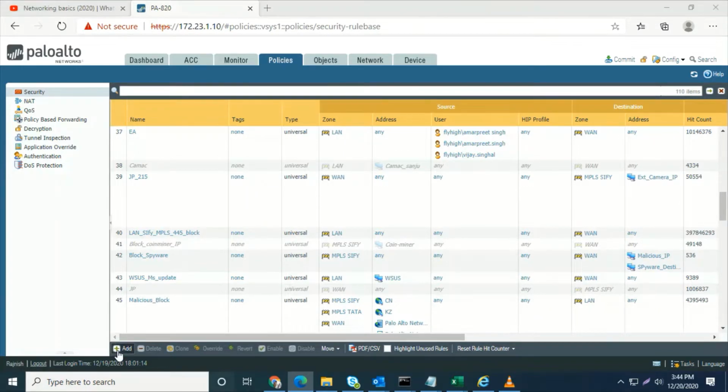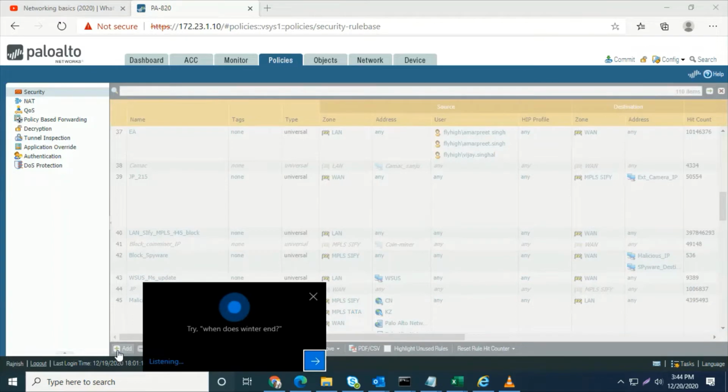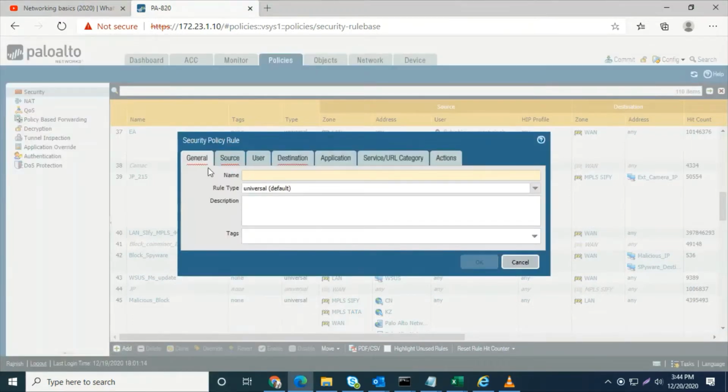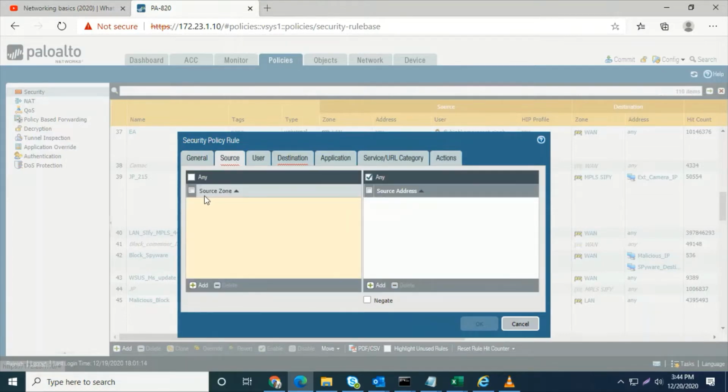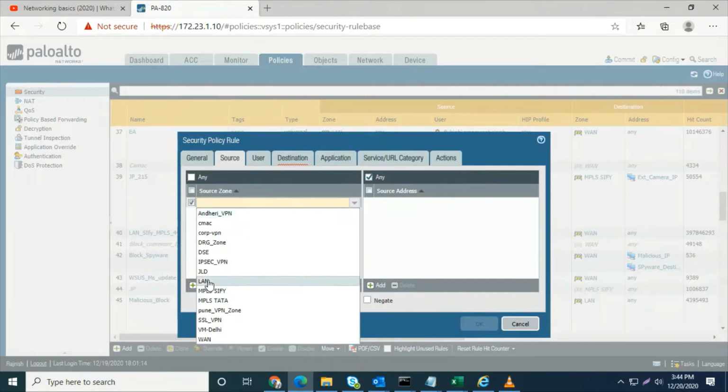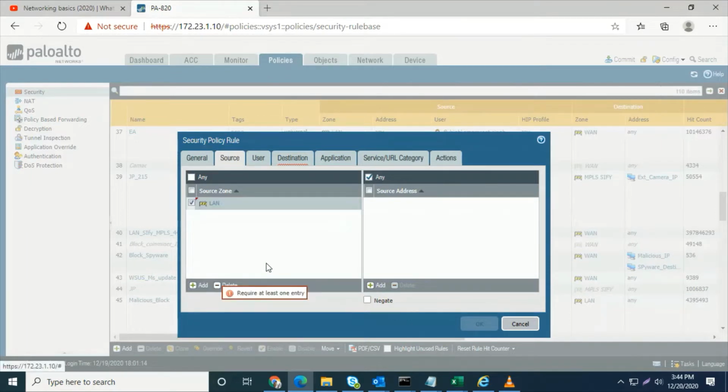Click on the Add button. Name the policy, like test policy, test one. All the other fields are optional. Source zone: any zone, or we configure a source zone, like the LAN zone.